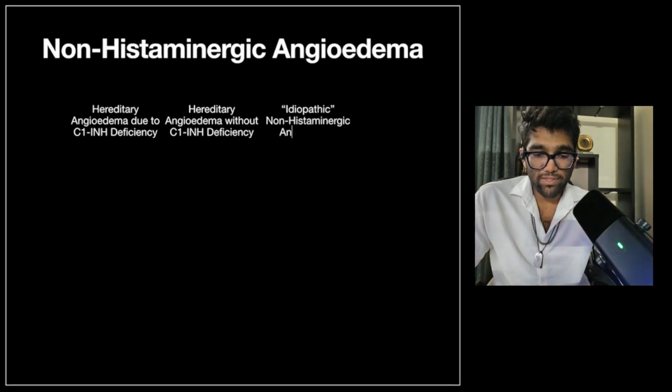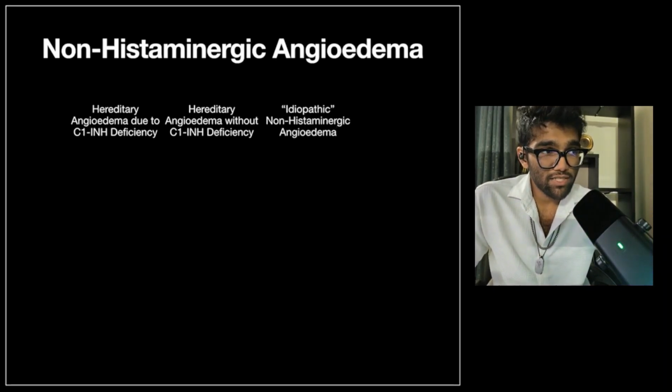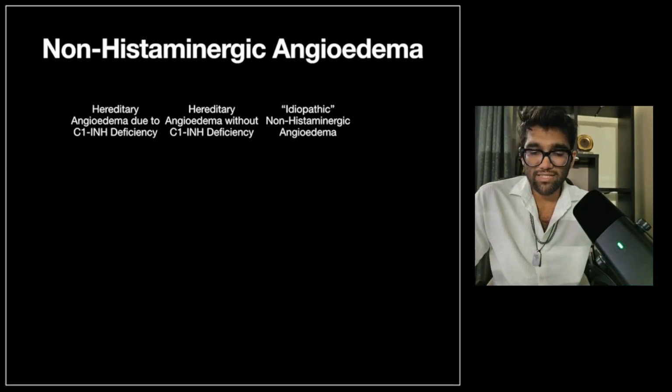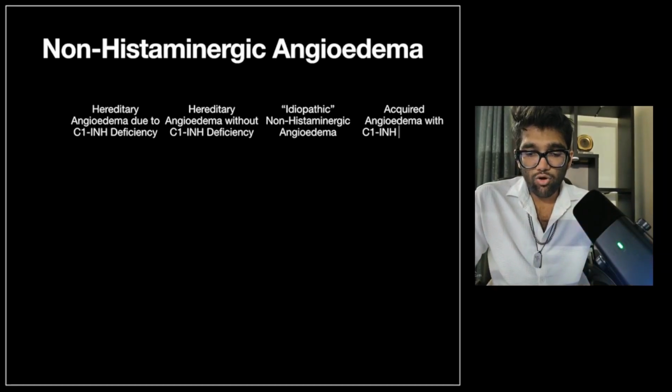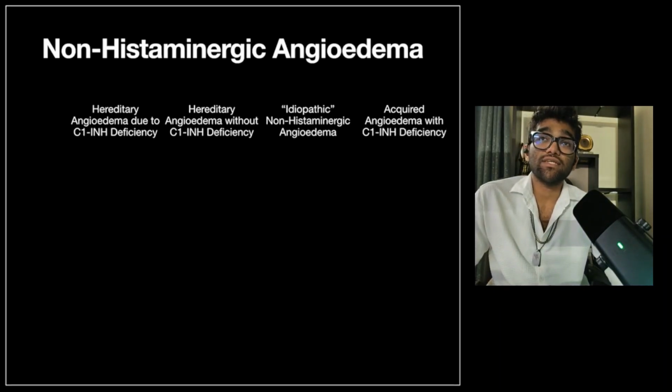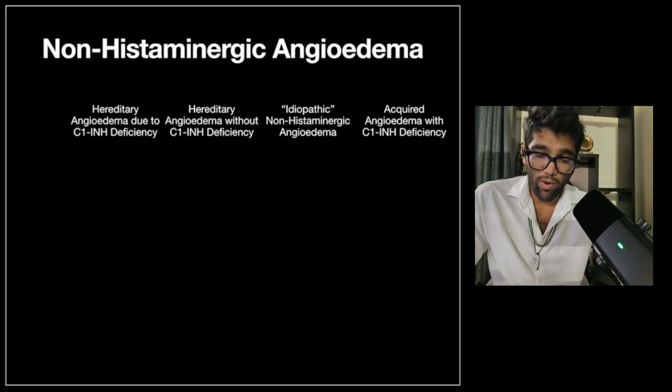You can have hereditary angioedema without C1 esterase inhibitor deficiency, and we'll get to that subsequently. You can have what is called idiopathic non-histaminergic angioedema, which basically means it is a non-histaminergic angioedema, but on genetic testing you don't find any deficiency in C1-INH or any mutations in the other genes that have been implicated in hereditary angioedema without C1-INH deficiency. Then we have acquired angioedema with C1-INH deficiency. Here, an acquired disorder, usually an autoimmune disease, causes an antibody to form that binds to and inhibits C1-INH, resulting in a type of